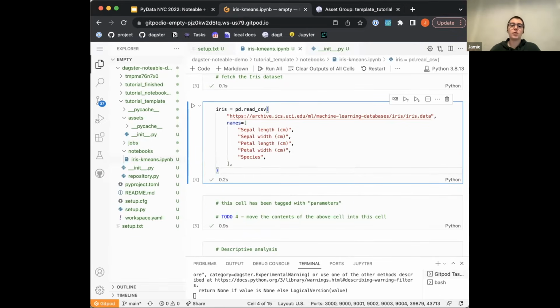And so the next thing we're going to do is factor out this data fetching into its own asset. We want to do that for a couple of reasons. The first one, like I mentioned, is not necessarily having to refetch the data every time we execute this notebook. It'll also help us if we ever want to add a second notebook also analyzing the iris data